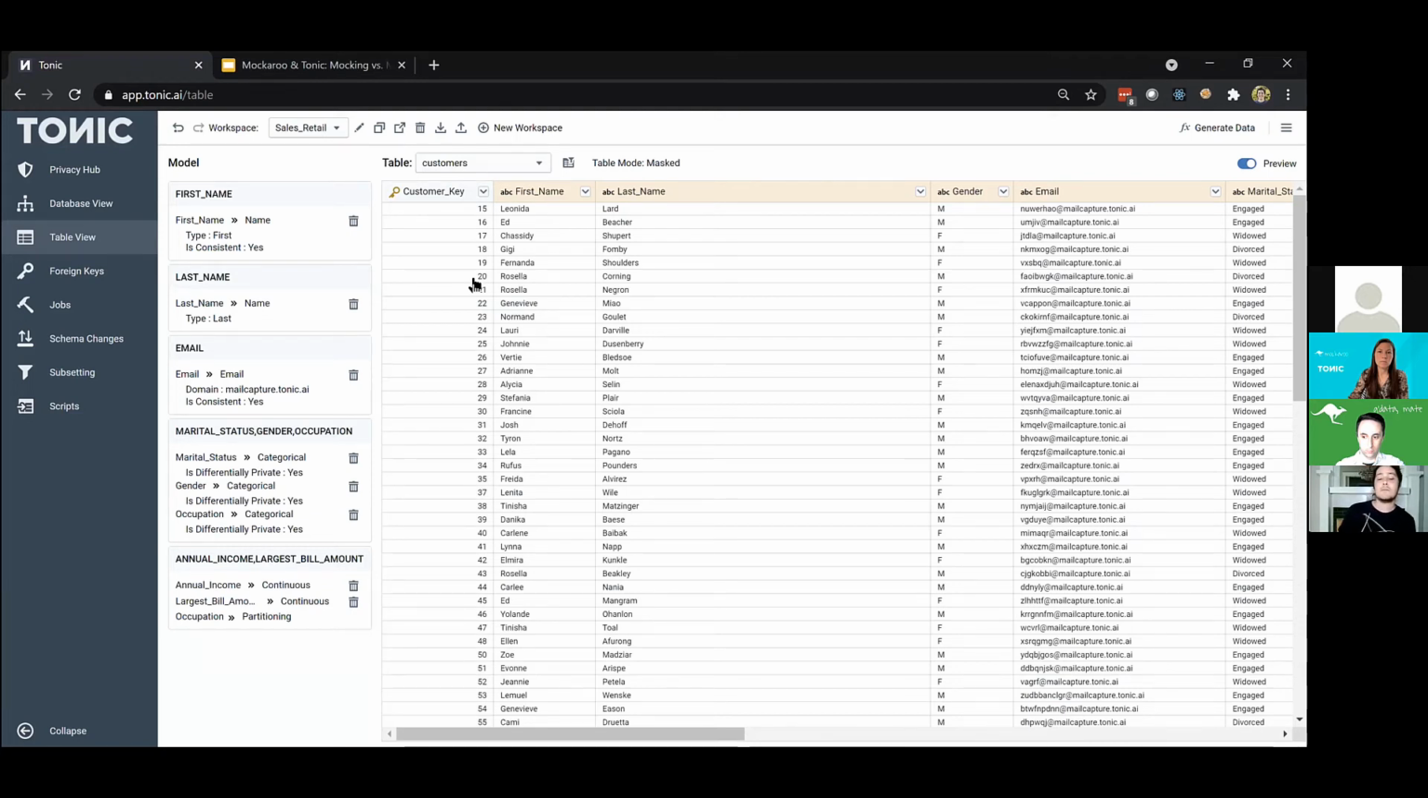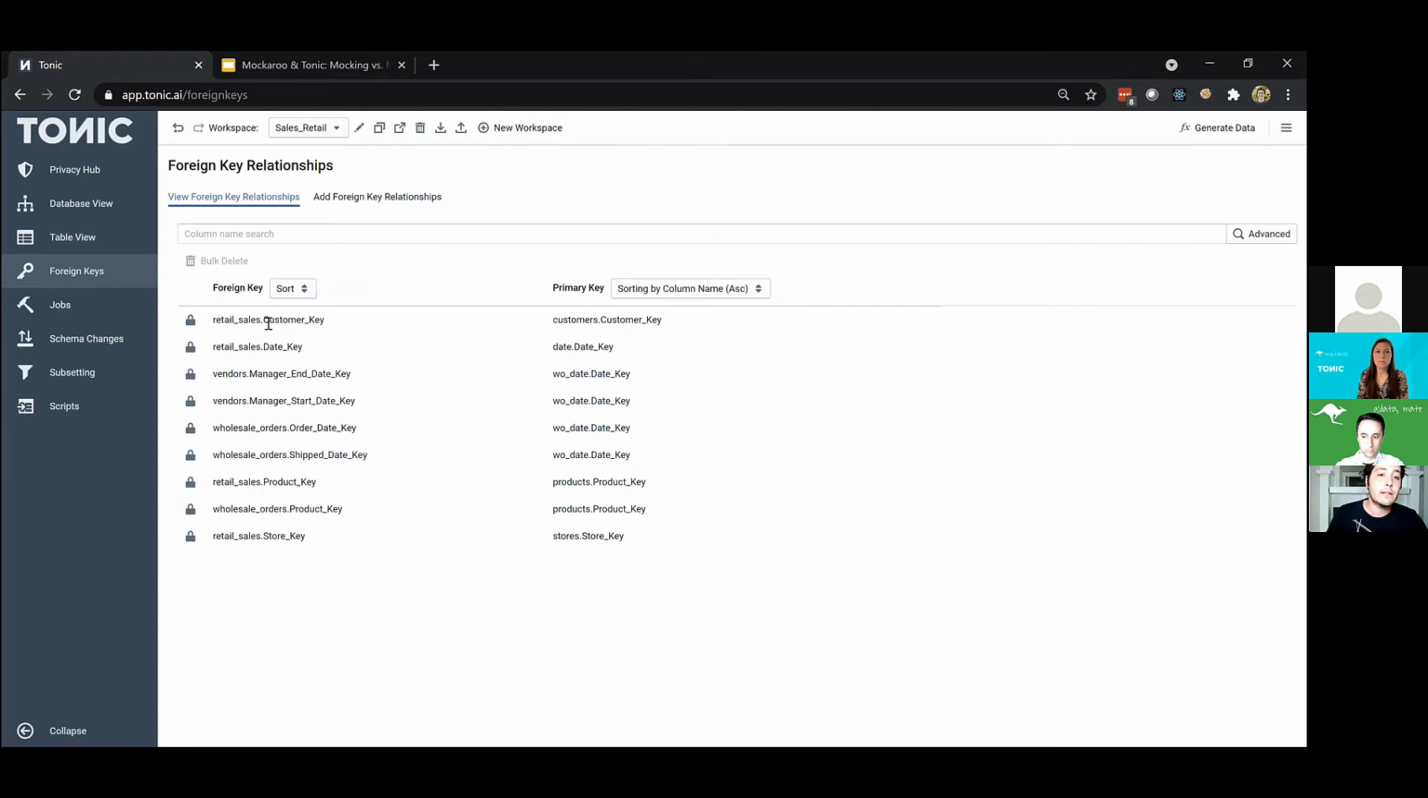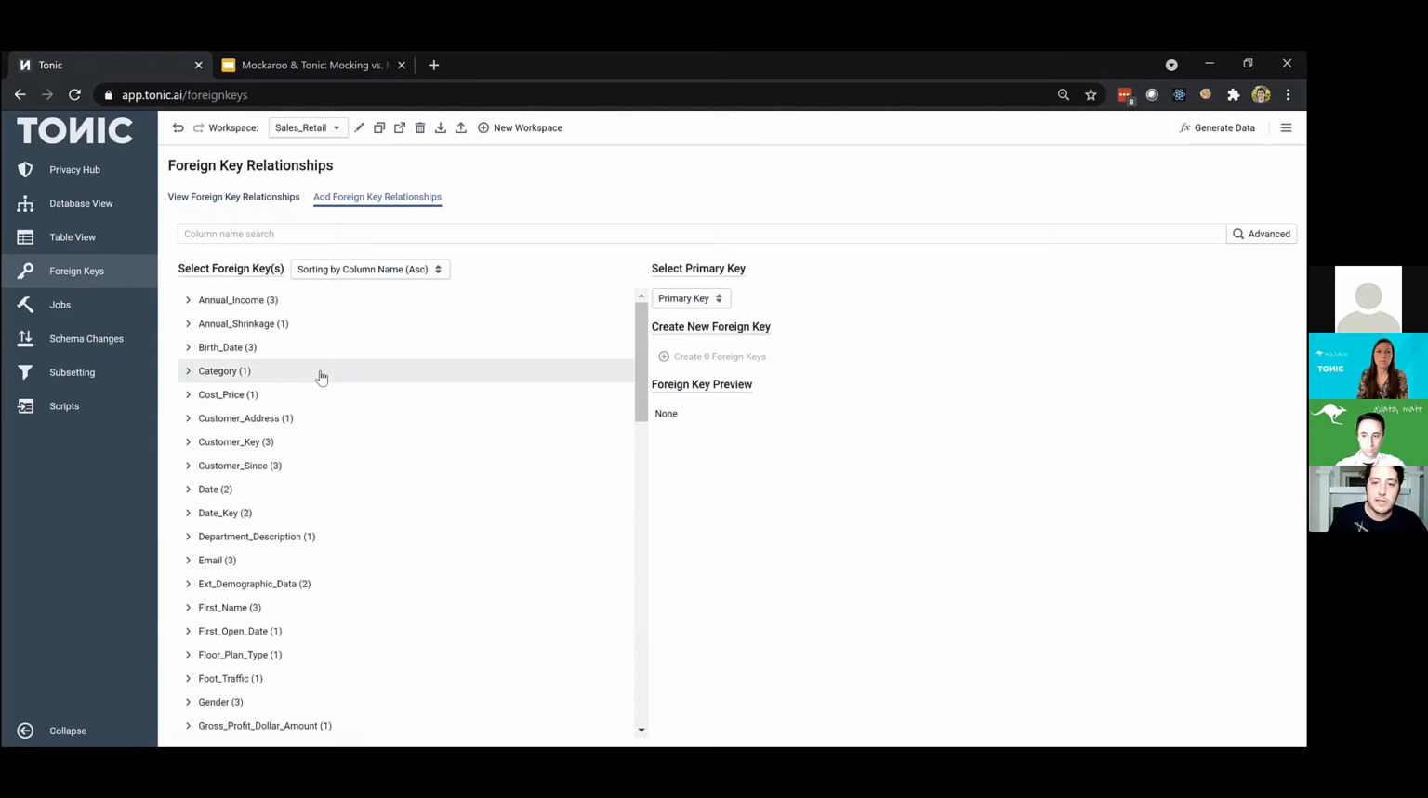Now, some of our customers, though, don't actually have all of their foreign keys specified in the database. And that's no problem, because in this view right here, you can actually see all of the foreign keys that exist in the database. And if you have foreign keys that exist in your application, but not in your database, you can add them optionally over here. So in this UI, you can actually tell Tonic about additional foreign keys, and we'll treat them as if they were foreign keys that were in your database system itself. It's useful for when you're applying generators and you need to preserve certain types of logic,